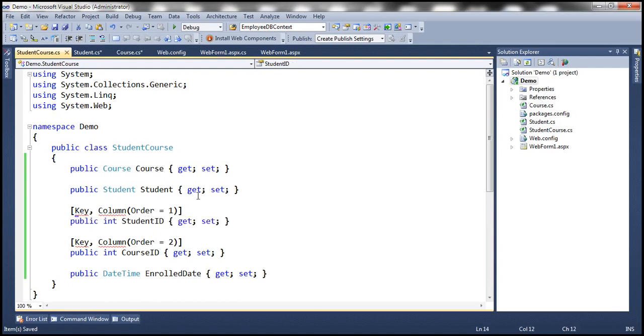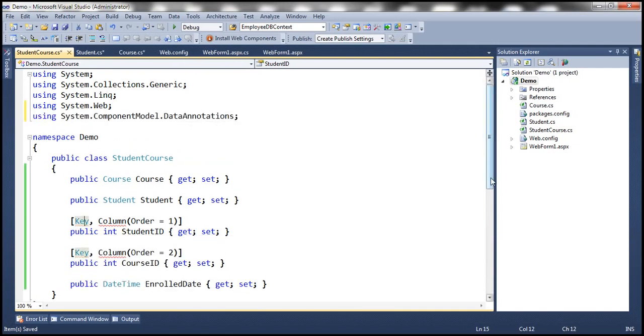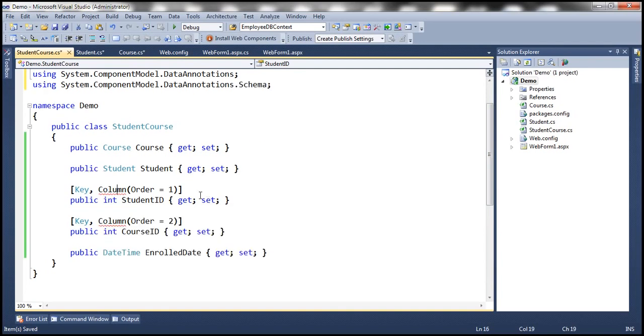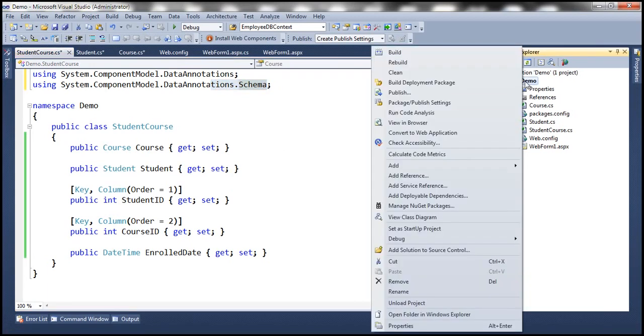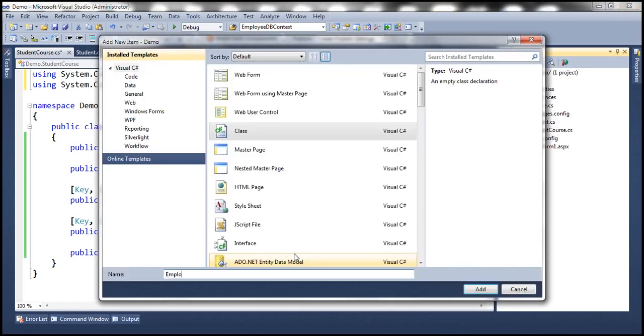That's basically because the key attribute is present in System.ComponentModel.DataAnnotations namespace, and the column attribute is present in System.ComponentModel.DataAnnotations.Schema namespace. Alright, now we need to add another class file, and let's call this employee